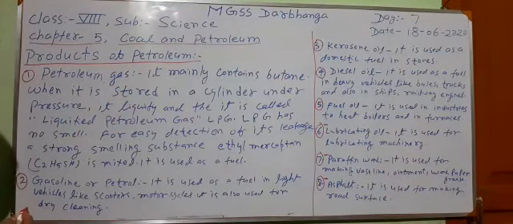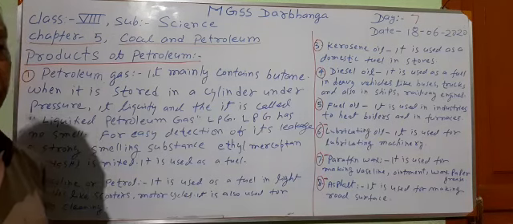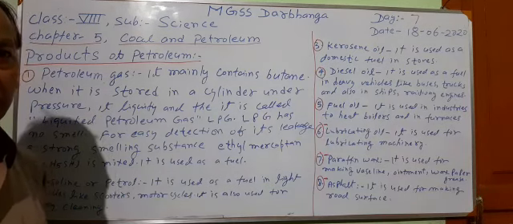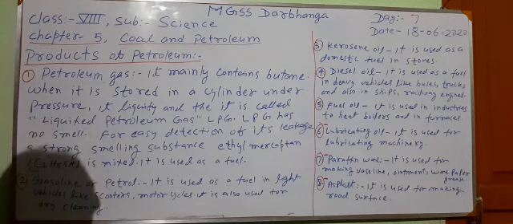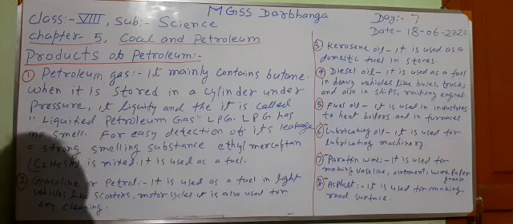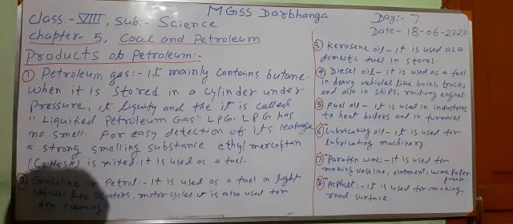Dear students, in the previous video we read about fractional distillation of petroleum, and we know petroleum is obtained from the earth's crust, deep inside the earth. Petroleum is not a single compound; it is a mixture of several compounds, and each compound has a different boiling point range. On the basis of this difference in boiling point range, different components are separated by the process of fractional distillation. Fractional distillation is done in a long tower, which is known as fractional tower or fractionating column. We have studied this, once again we shall revise.